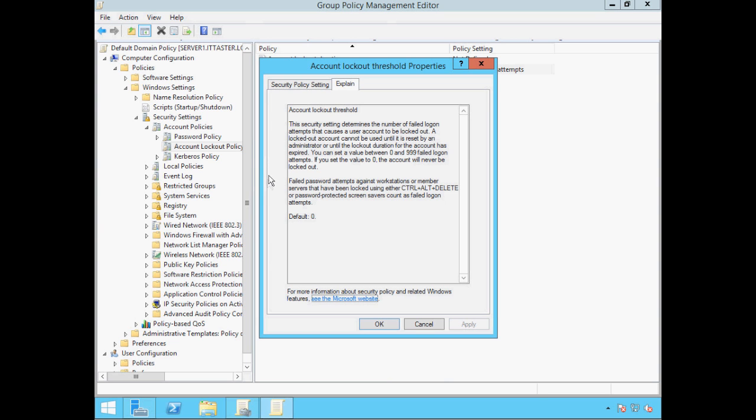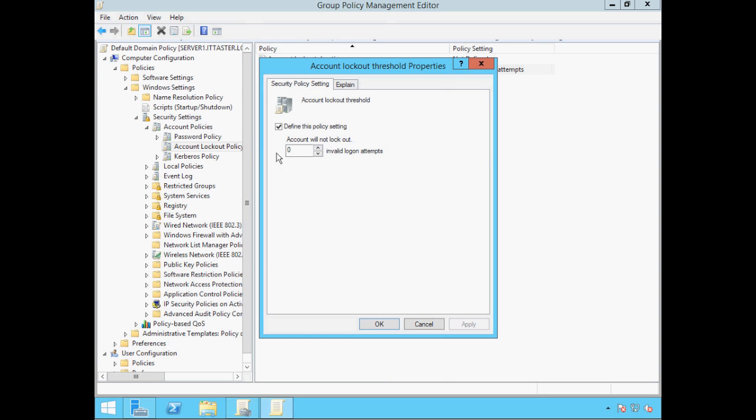The explanation tells us this setting also applies to users locking their workstations and also password protected screensavers. Now it's important to be aware that implementing an account lockout policy can impact on the organization. If users accidentally lock their accounts, this prevents them from working and generates support calls for the help desk.